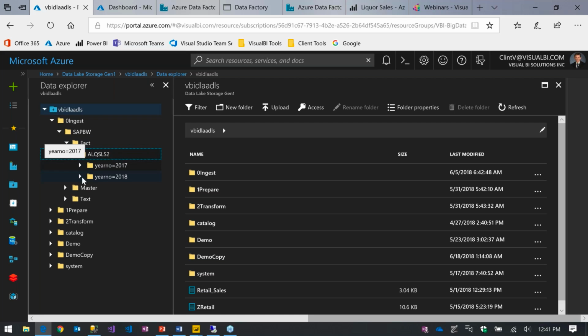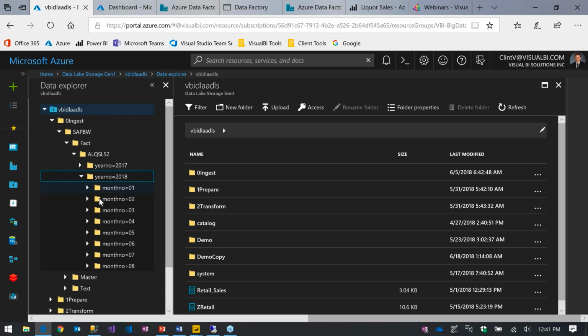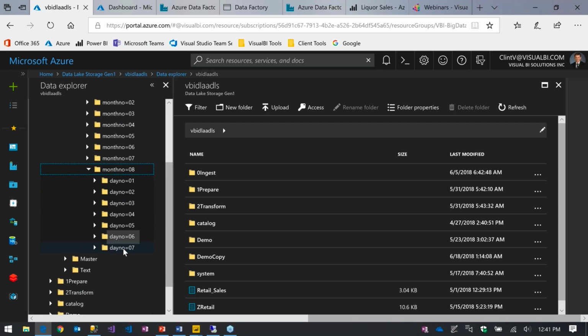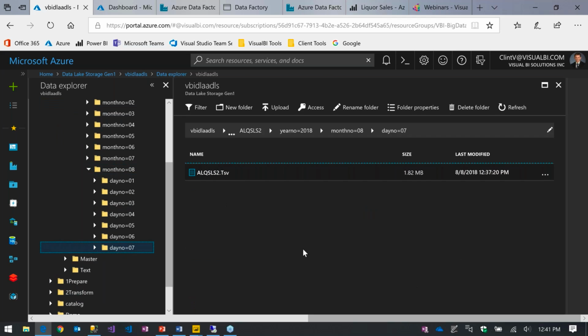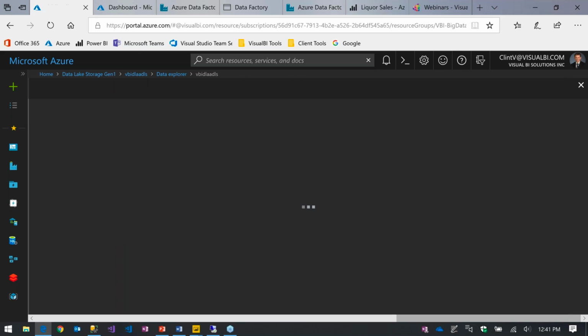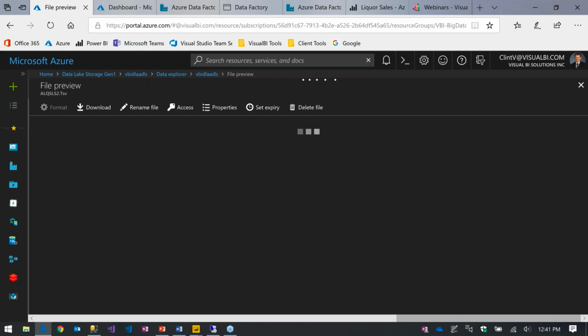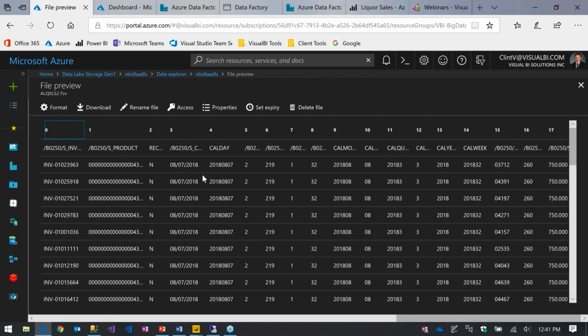And again, I talked about delta processing. So we're splitting it out by year, by month, and finally by day. So there's the 7th. If I click on the 7th, I'll see here that we have one file. It's a tab separated file that was created through our pipeline. From this tool, I can click on that and it'll open up a preview, so I can even get down and see the data that was loaded. From that screenshot I had in SAP, this should look pretty familiar. Data coming straight out.